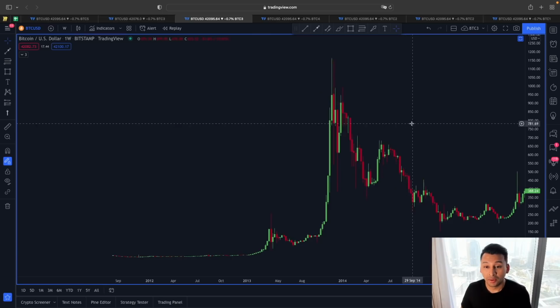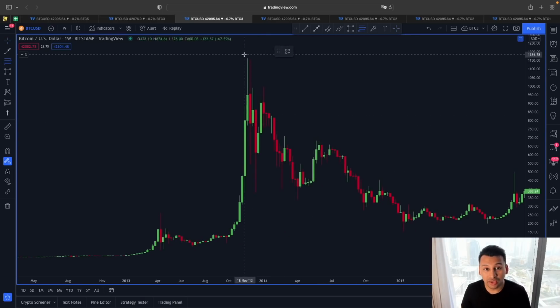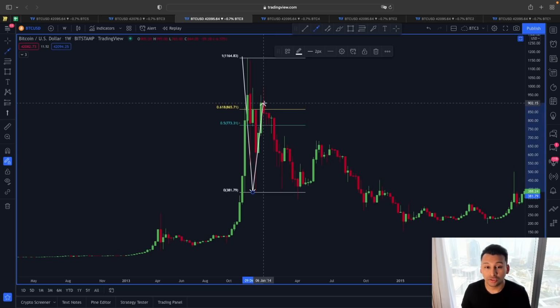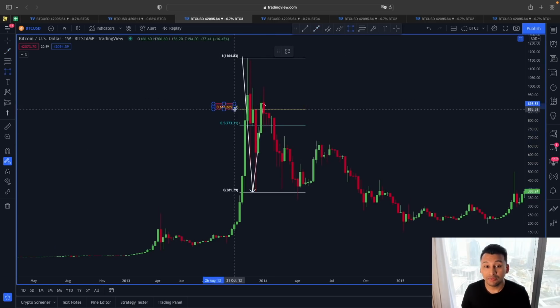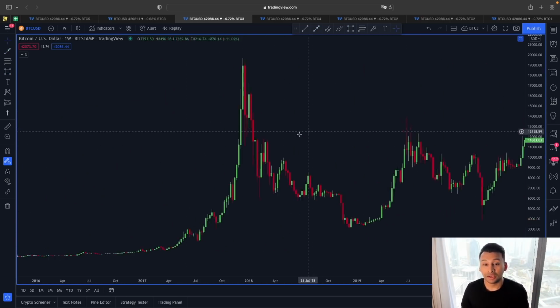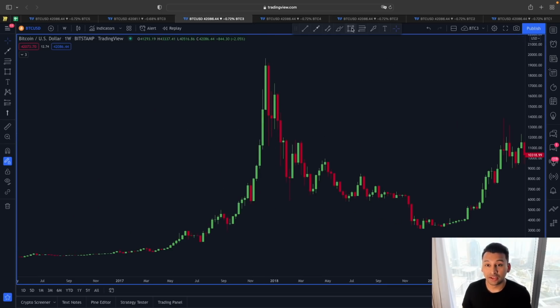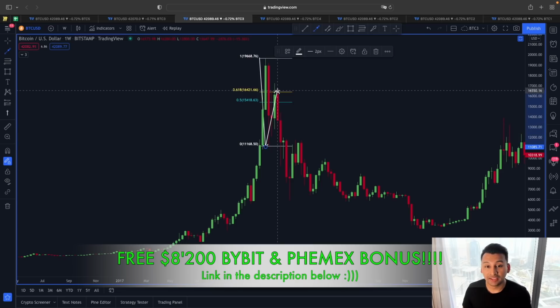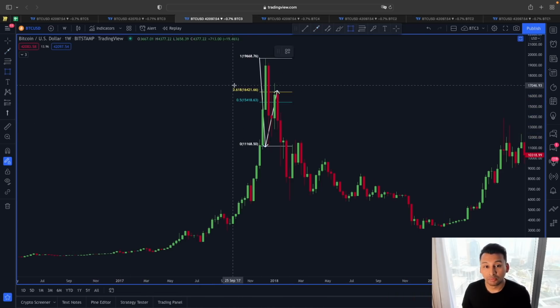For that, we have to go back here to 2013, 2014, because if you look at the price structure from this swing high till this swing low, when the price of Bitcoin showed this bigger retracement, you can see we also saw this relief rally, but this relief rally never got a chance to find a proper support above this 0.618, and after that an actual downward trend happened. Again, if you look at this one here from 2017 and 2018, from this swing high till the swing low area, again price retracement, relief rally. This relief rally came across this 0.618 but was unable to find support,